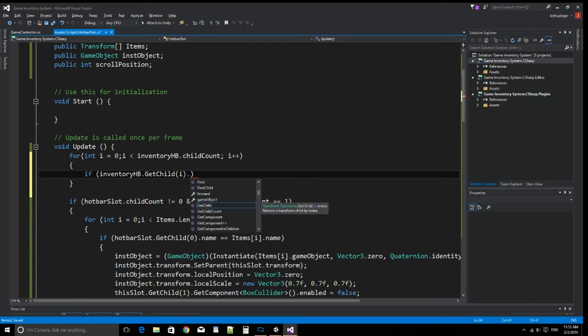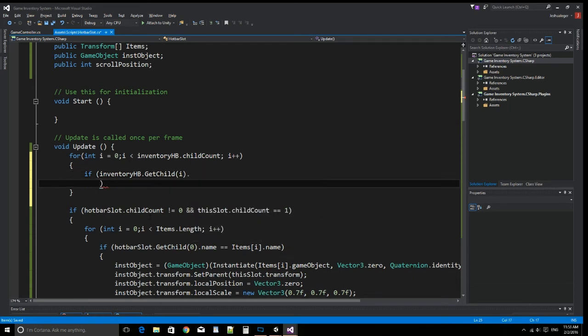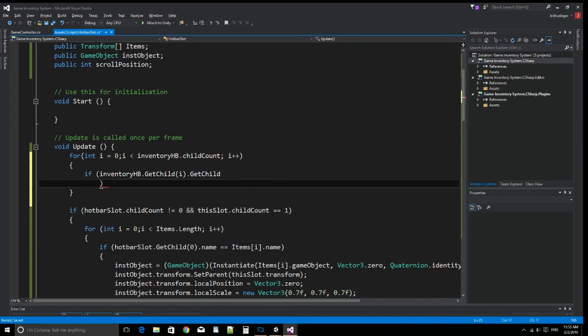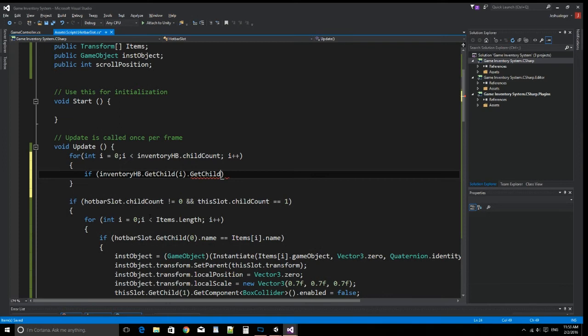Oh wait, what am I doing? Child count is what I want. So if inventory child count is equal to 0, if there's nothing in the inventory child, so if there's no object in the hotbar slot,